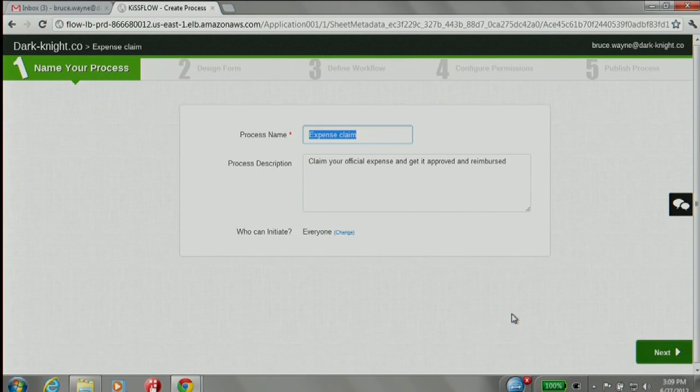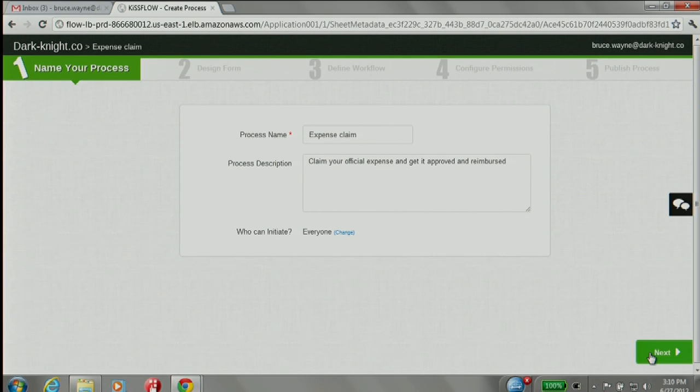Okay, so I think we are up on this screen, on both the screens. So this is how the workflow building process looks. Let's say, for example, this company, .NET Enterprises, wants to clean up their travel claim workflow. It asks our Bruce Wayne, who is the head of the department, to create a workflow for automating this process. So KissFlow gives you a very simple 5-step process to create a wizard.